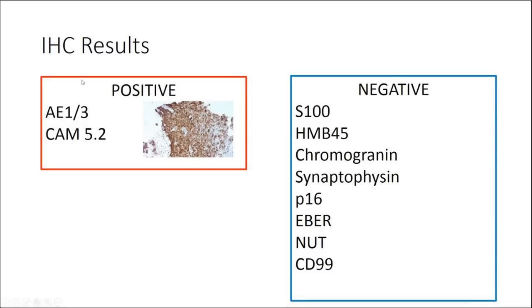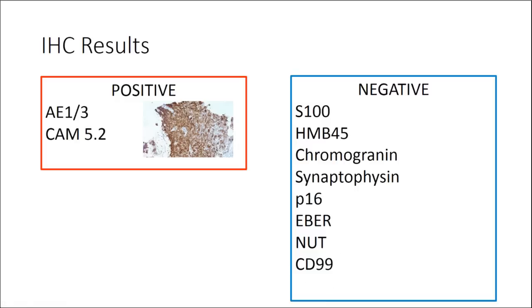And as expected, this lesion was keratin positive, negative for a whole bunch of markers, and we'll talk about why doing these types of markers in these undifferentiated tumors is important. It was negative for melanoma markers, negative for neuroendocrine markers, negative for P16, negative for EBV, negative for NUT, and negative for CD99, which would be a marker for the